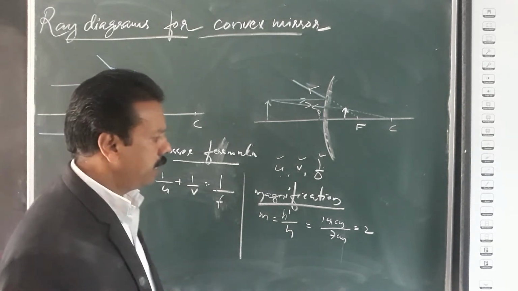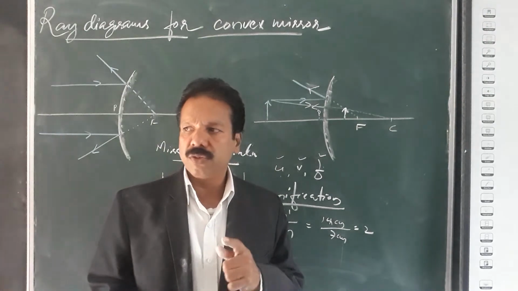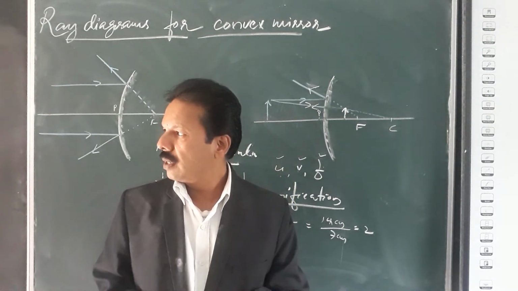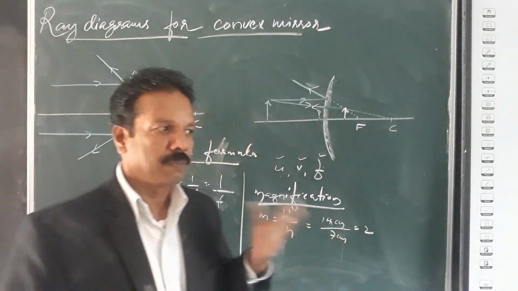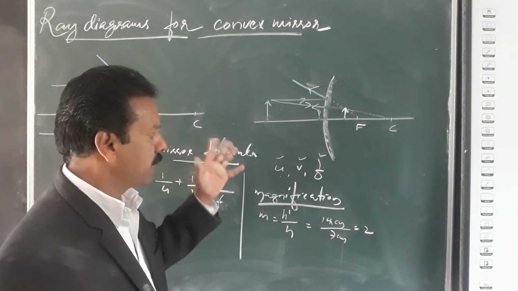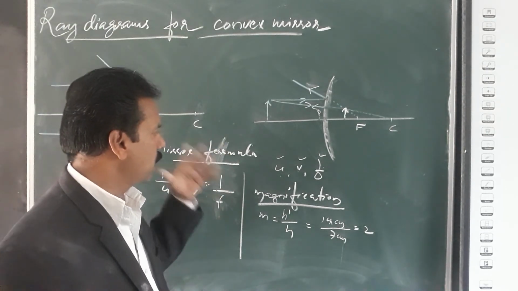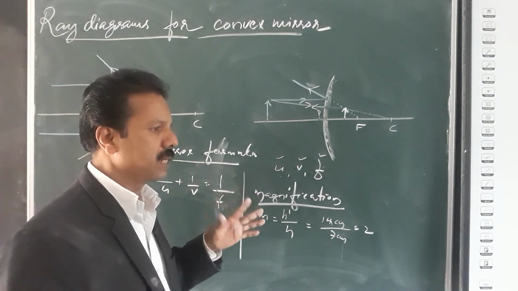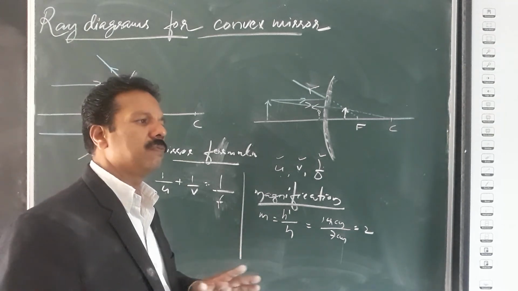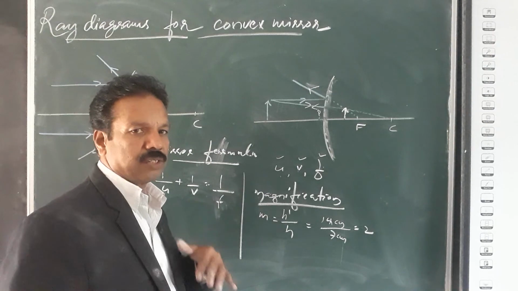You have to find out the third variable if 2 are available. Now all these cases are only about reflection, and you studied different definitions, then principal focus, principal axis, and rules for drawing ray diagrams for spherical mirrors, and the ray diagrams for concave mirror, 6 ray diagrams, convex mirror, 2 ray diagrams, and now the mirror formula. That is the end of the topic, the reflection chapter. Next topic is refraction. Okay, thank you.